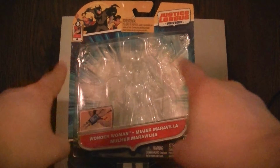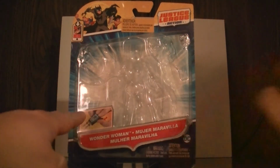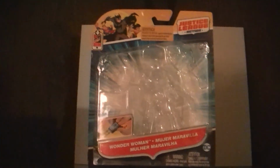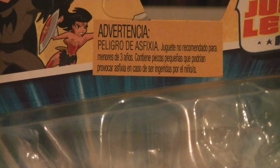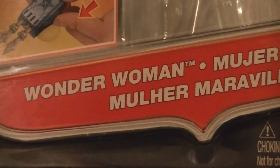We see it's just a very basic blister bubble type thing, demonstrating the accessory that it comes with. That's right here. We'll get into that in a bit. Along with some kind of advertisement for an app that I've never heard of, and a surprising amount of Spanish put right on the front of the packaging. I'm actually somewhat surprised that Wonder Woman in English is the first one we get, because this is